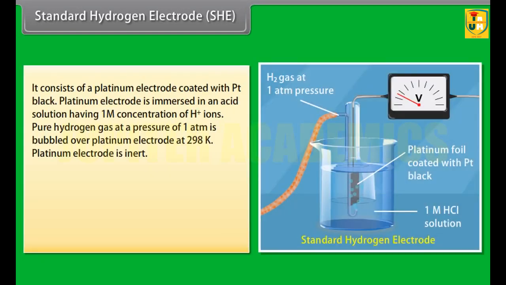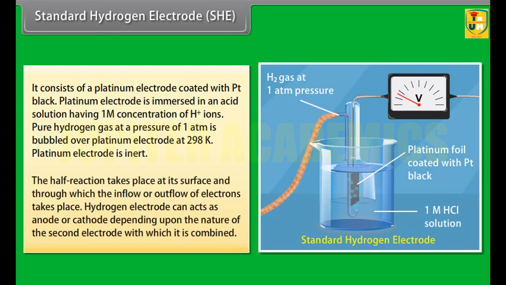It consists of a platinum electrode coated with platinum black. Platinum electrode is immersed in an acid solution having 1 M concentration of hydrogen ion. Pure hydrogen gas at a pressure of 1 atm is bubbled over the platinum electrode at 298 Kelvin. Platinum electrode is inert. The half reaction takes place at its surface and through which the inflow or outflow of